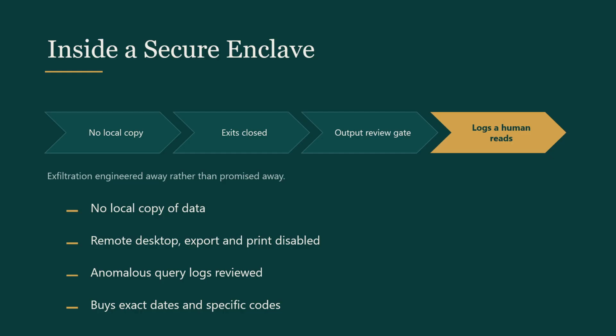Now the payoff, stated in the currency your client cares about. Because the enclave drives the attempt probability genuinely low, you can retain what public release would destroy. Exact dates of service rather than quarters. Longitudinal sequencing, so encounters stay in true order with true intervals. Specific ICD-10 diagnosis codes rather than collapsed chapters. That is what the control bought, and your report should name it.